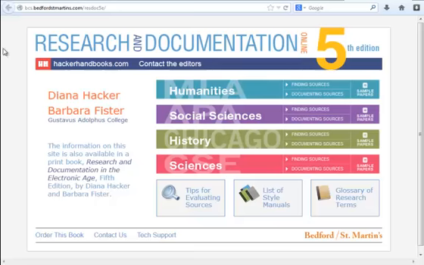Right now, I am going to show you the Diana Hacker website. This is a great resource when you are trying to come up with your citations, whether it's in text or the works cited page at the end of your assignment. So this is the Diana Hacker site, and you can Google Diana Hacker and it'll come up as one of the first few results. Otherwise, you can go to the URL